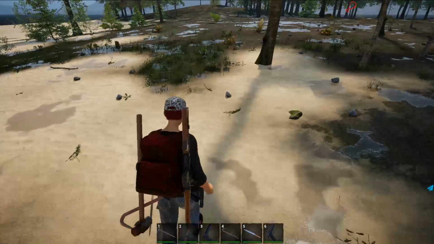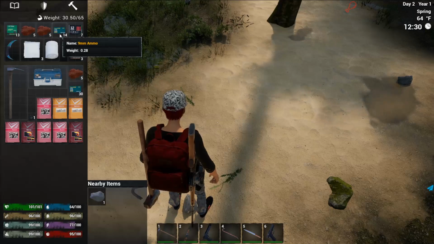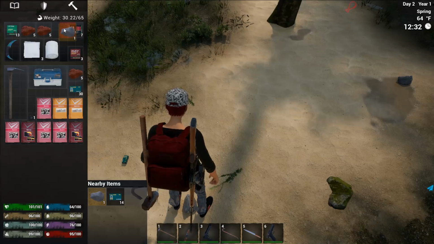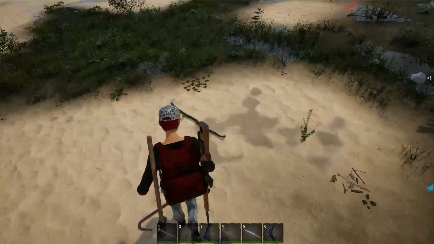First, we need to pick up some stone, which we don't have the room for. Dang it, I thought I could. Do I want... Yeah, you know what? We'll drop this. We'll take the stone. The issue is we'll have to also...